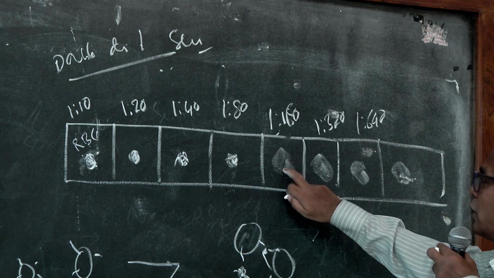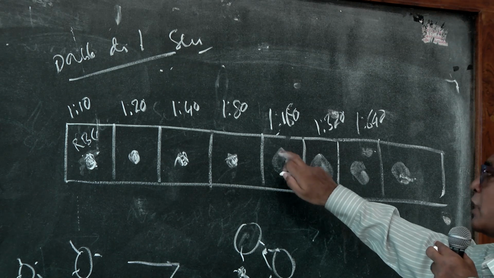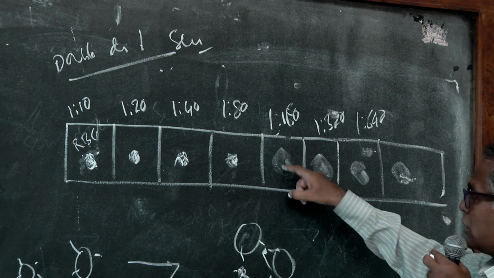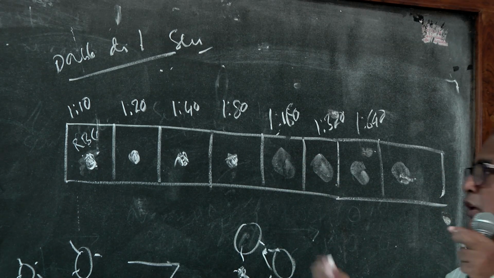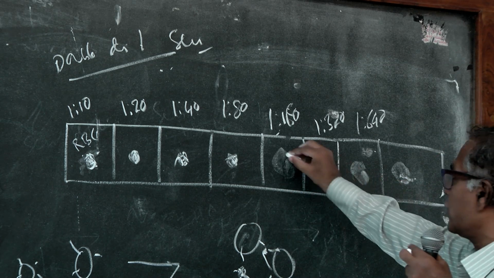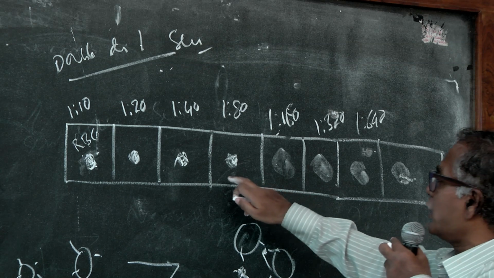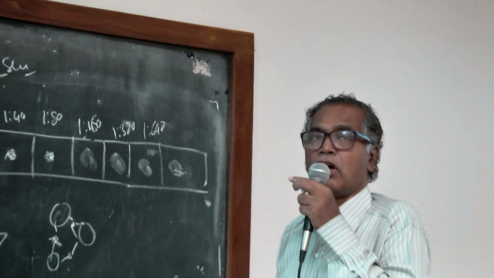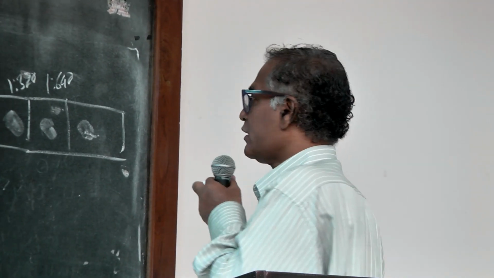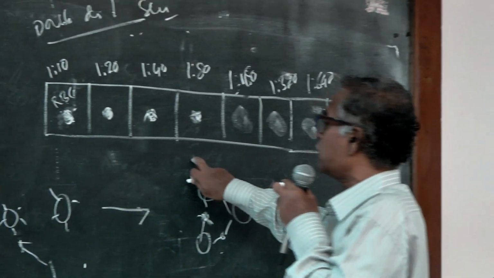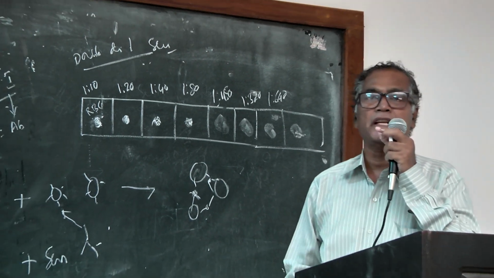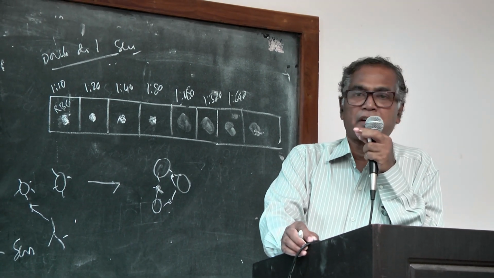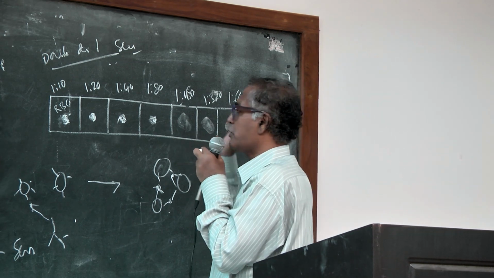Now at 1 in 160 dilution, antibody is not present sufficiently or antibody is absent. So what happens here? The RBC mixes with the hemagglutinin antigen and forms a lattice, which forms a shield. So the highest dilution of the serum that inhibits hemagglutination is called the hemagglutination inhibition titre of that test. If there is a fourfold rise in the antibody in the serum, it usually indicates that the patient has suffered from influenza infection. That is about the hemagglutination inhibition test.